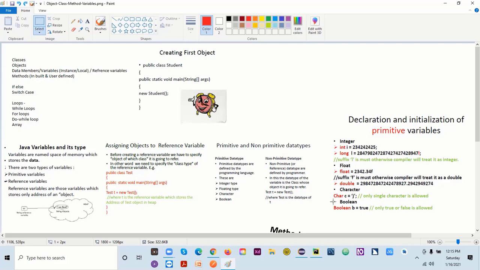All right. And Boolean is just like true and false. Suppose you talk about the if else condition, right? So if it is true, then it will go to that branch. If it is false, then it will go to that branch. So true and false will be stored in a Boolean data type. And there is one more, which is character. Okay. So when you talk about the character,